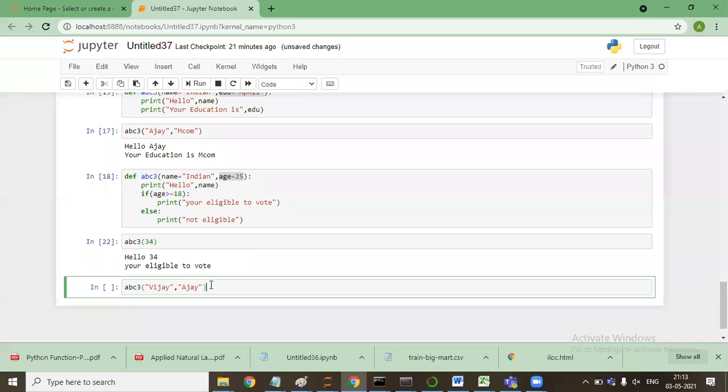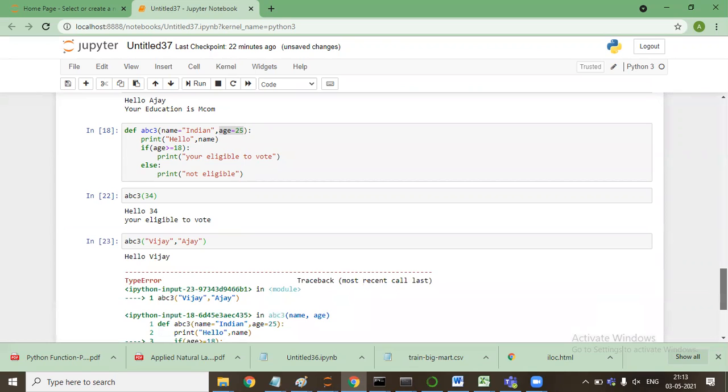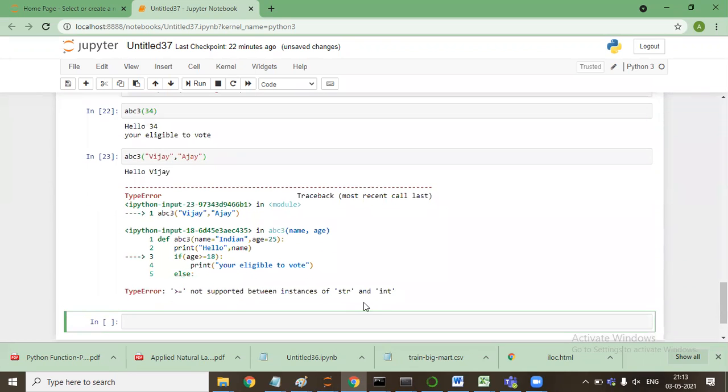Okay, sir. Okay. But try to be with me. That's one of the new things for me as well. So where we say ABC, Vijay and Ajay, it will replace Vijay, but when it goes and replaces age, that is numeric, with a string, then it prompts an error because that conversion is not feasible. So you see here, it has prompted an error. It says string and int instances are clashed. So did you get it? What we have been trying to do? Yes, sir.